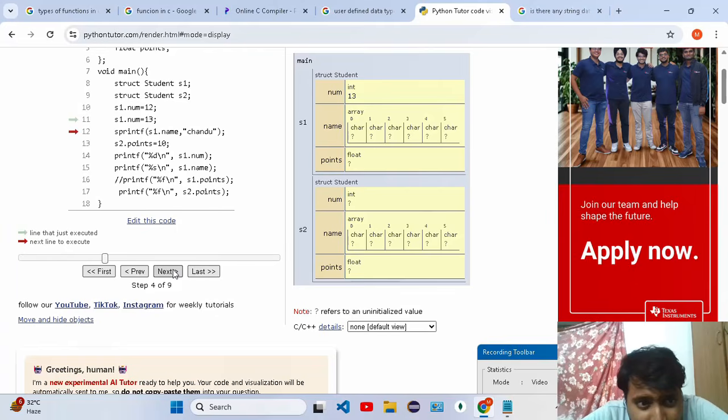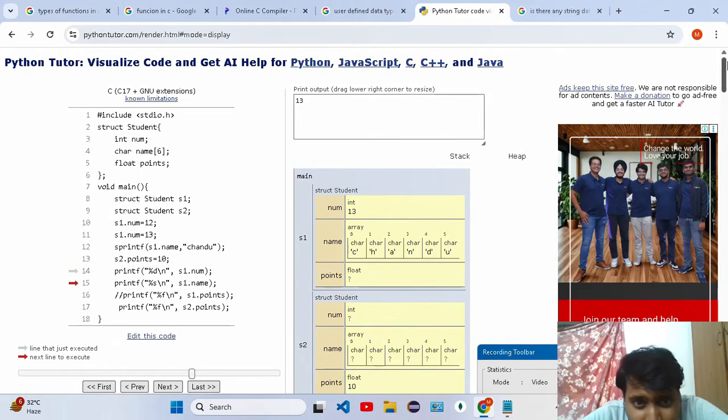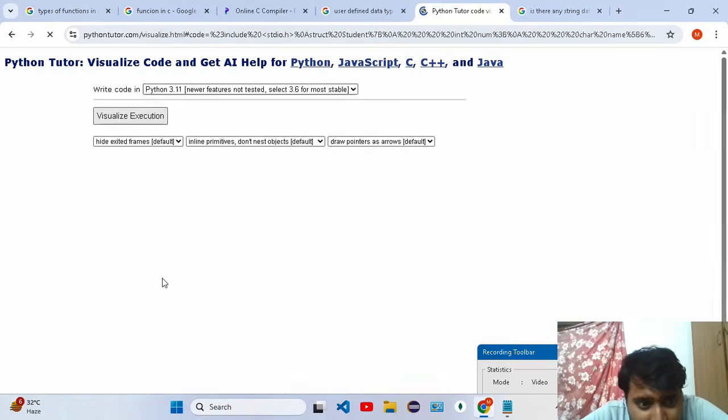12 and Chandu and S2 dot 10 is there, right? Now here it is there. Empty is there. Everything is empty, right? Now what is here? 13 is there. Chandu is there. 10 is there. Okay. Now